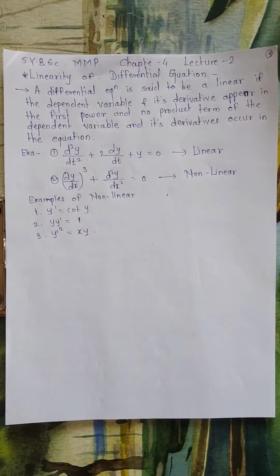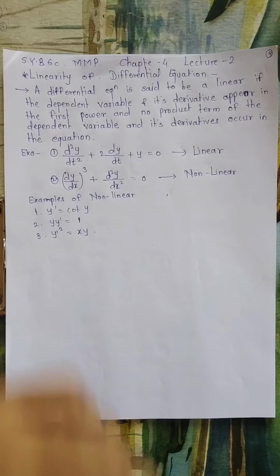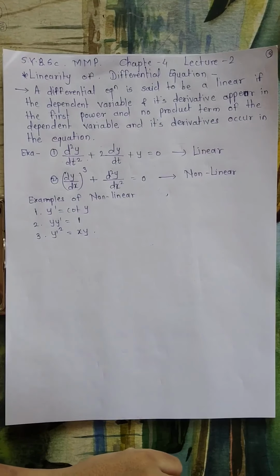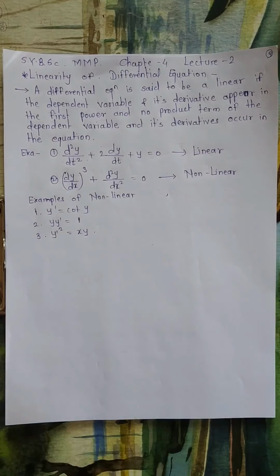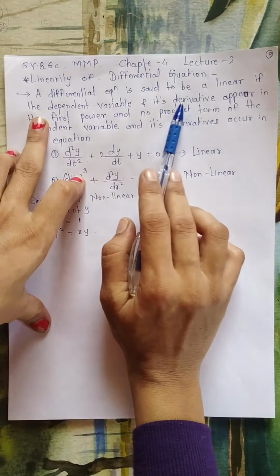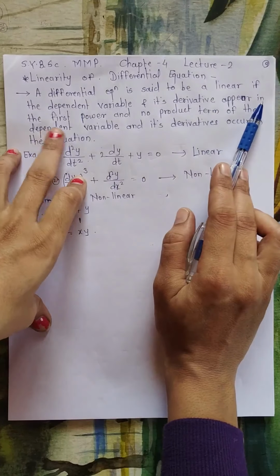Let's discuss linearity of differential equations. A differential equation is said to be linear. Now there are some conditions you have to keep in mind. A linear differential equation is said to be linear if, first, the dependent variable and its derivative appear